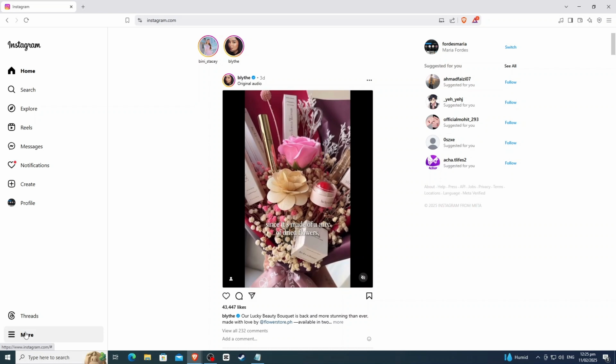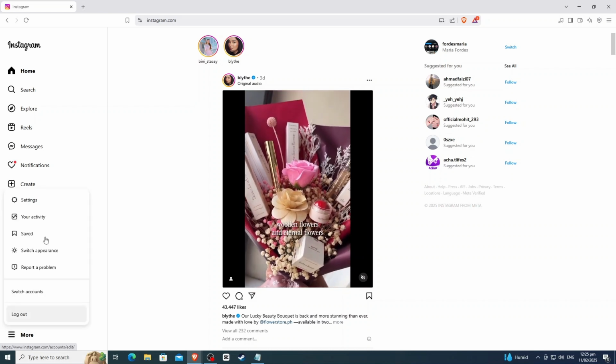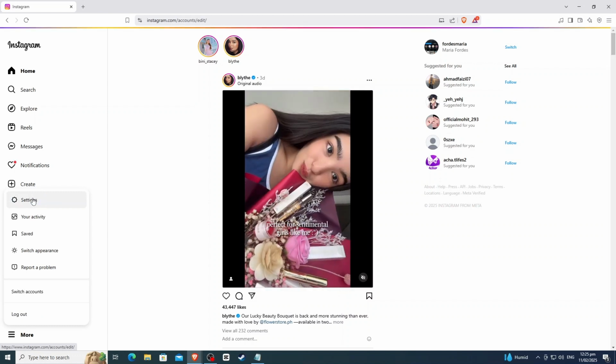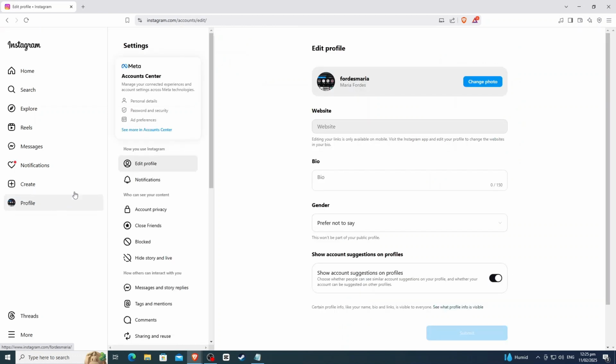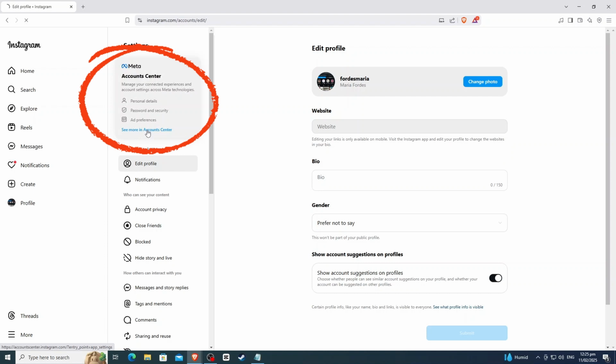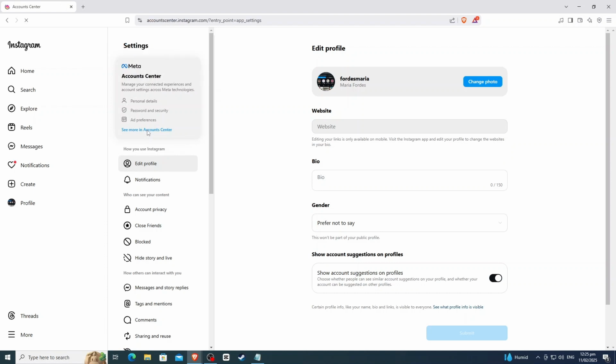After logging into your account, click the More tab, which is located at the bottom left of the website screen. The menu will appear. Just click the Settings tab so that we can proceed. While we are in the Settings tab, locate the Account Center section. After you locate the Account Center section, click the See More in Account Center button so that we can proceed